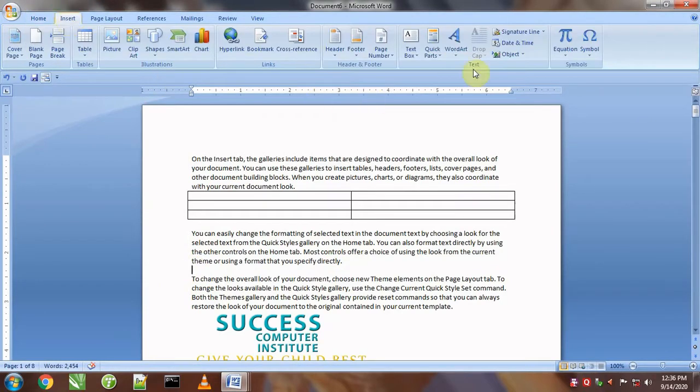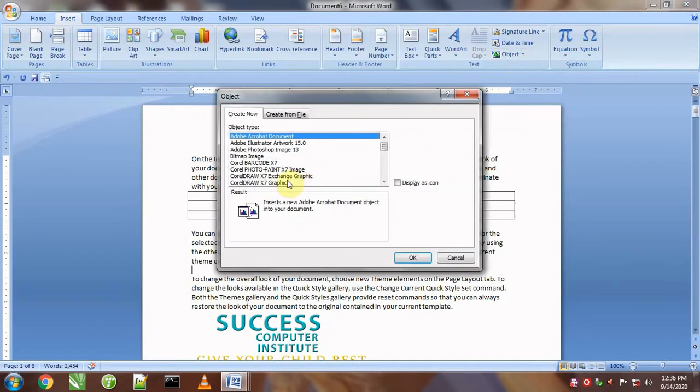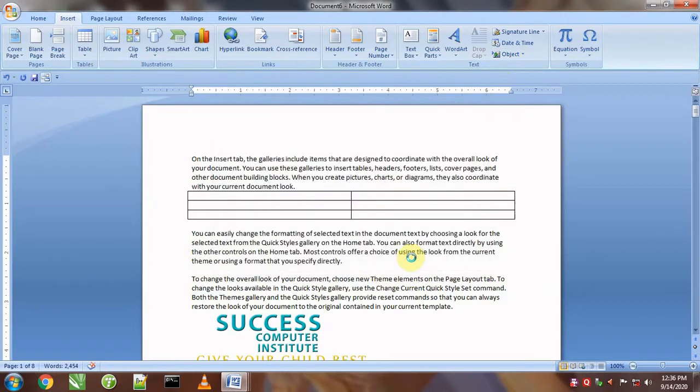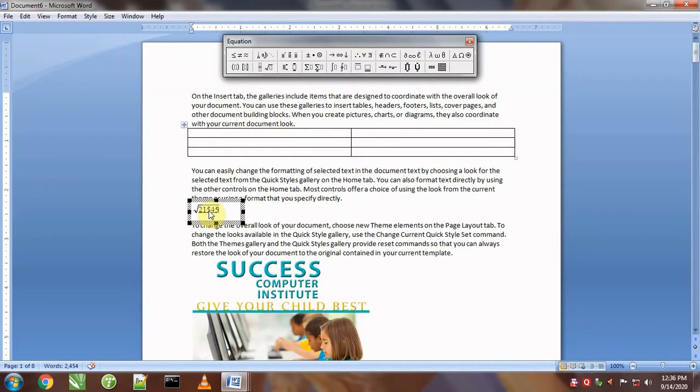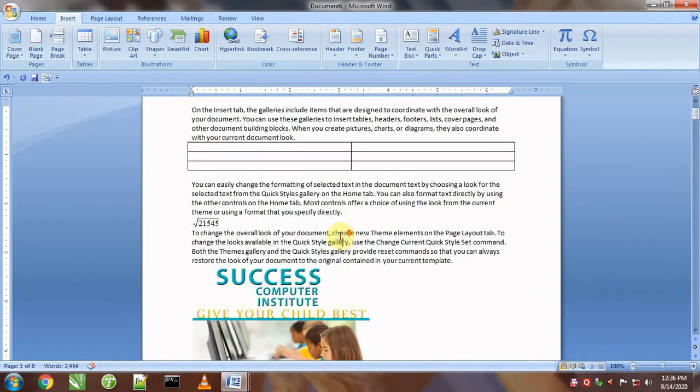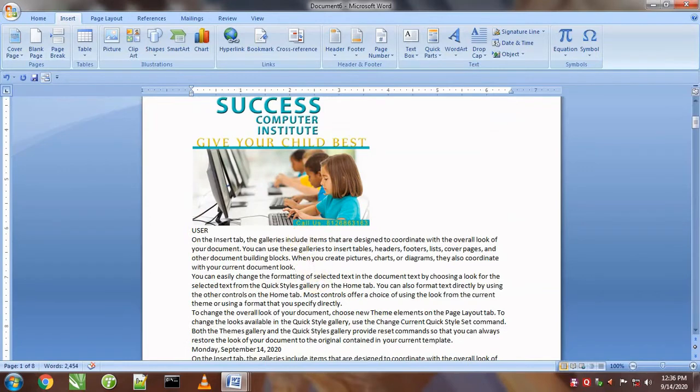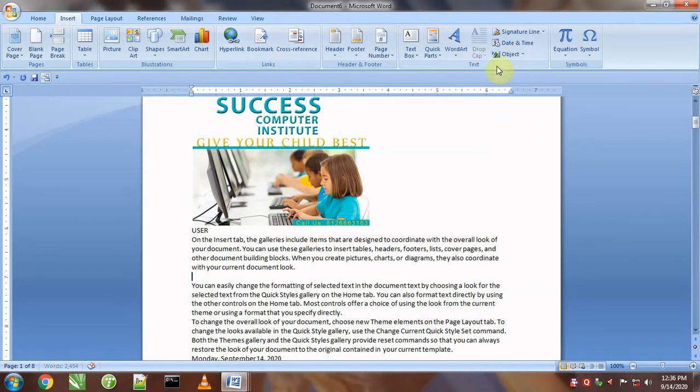We will go to insert and go to object. In object I will select equation from here, Microsoft equation. Okay, and here we have to write some equation. Suppose I write an equation like this. After some time, in the next paragraph, I write an equation like this.